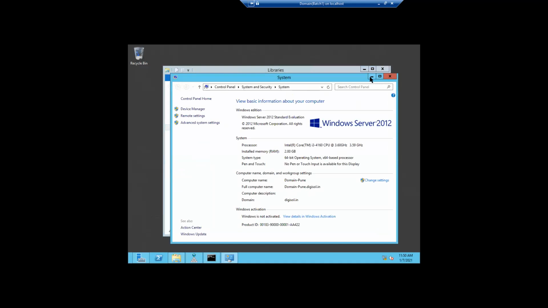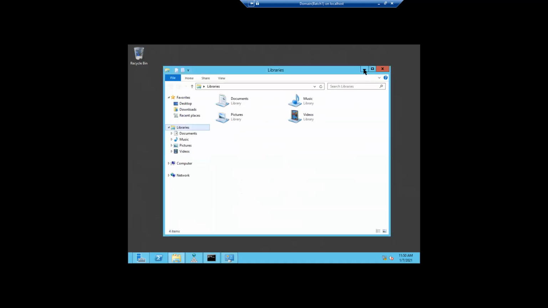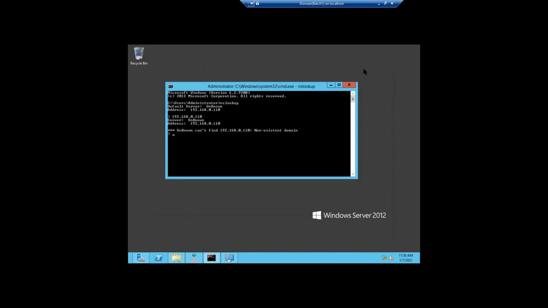So we'll see whether this will resolve or not, right? Then we will come to know whether it is running or not, means this DNS server will resolve my query or not. Because the DNS server's work is just to resolve the host name to IP address, means computer name to IP address, and IP address to host name, vice versa.